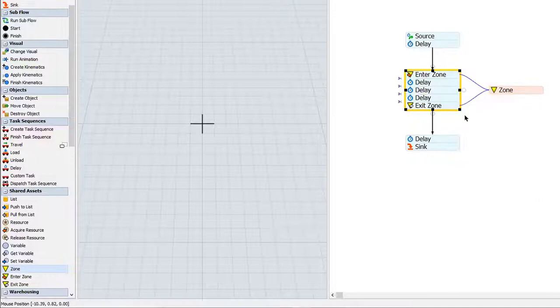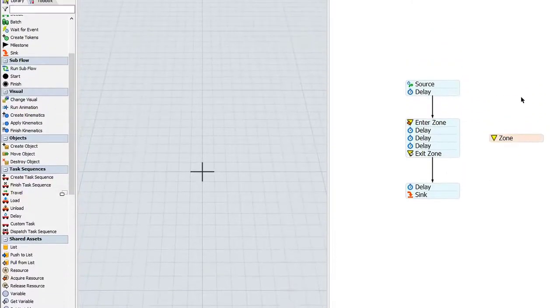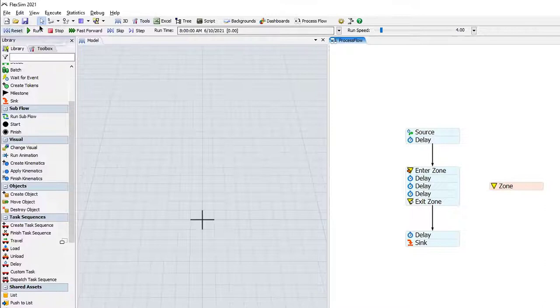And we do the same thing for the exit from the zone, which is a little bit different from what we saw with the resource, where with the release activity, we didn't have to connect it to the resource, but with the zone, we do. With the zone, we have to connect the exit point of the zone up to the zone. Now, if we just hit reset and run,